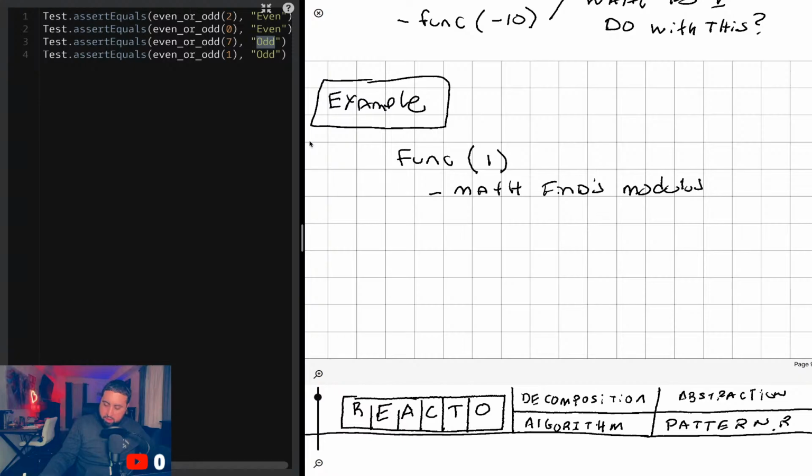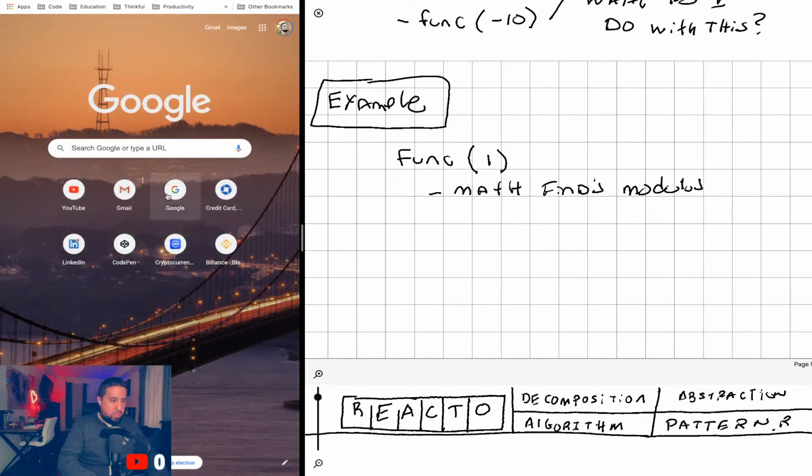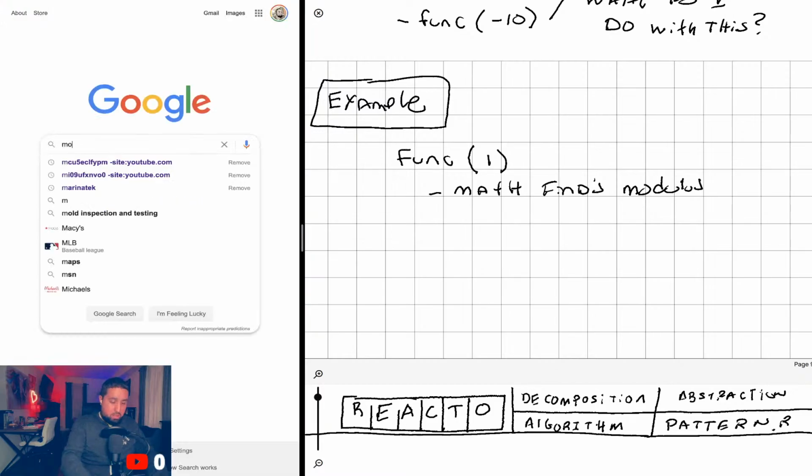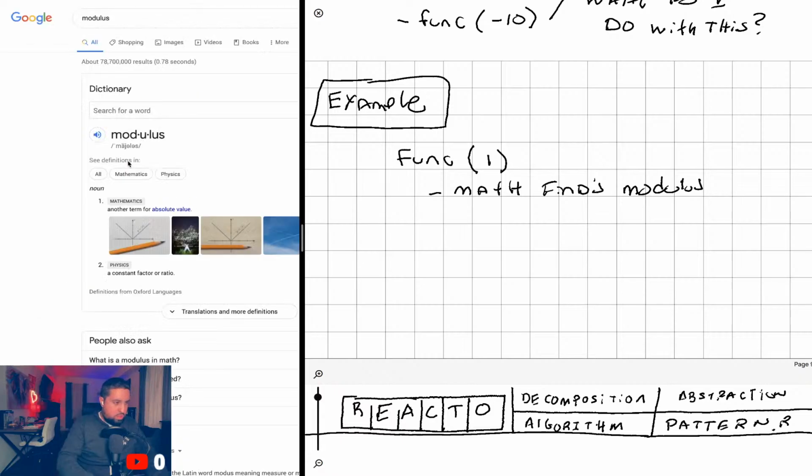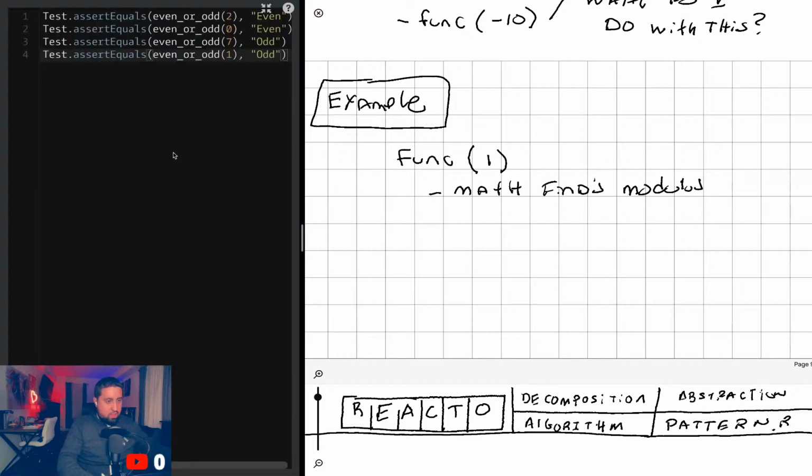Am I spelling that right? Let me see. Modulus. M-O-D-U-L-U-S. Is that correct? Yeah, modulus. All right.